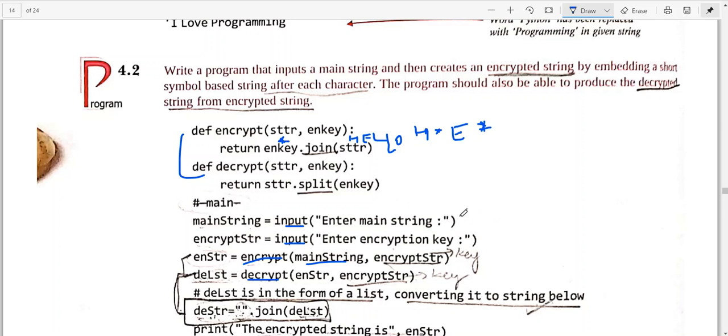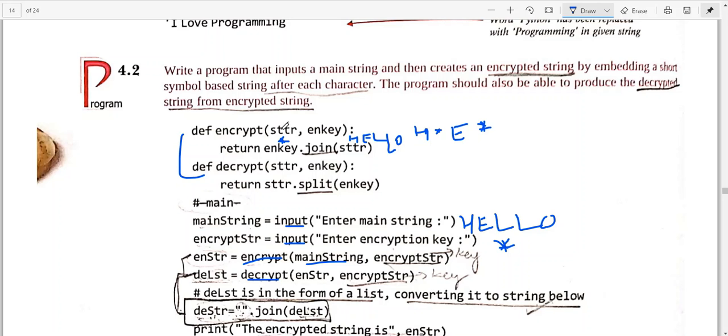See here, the main string is hello, and this is your star. So now the main string is hello and the encryption key is star. Now this function call is coming, and we will go to the function definition.